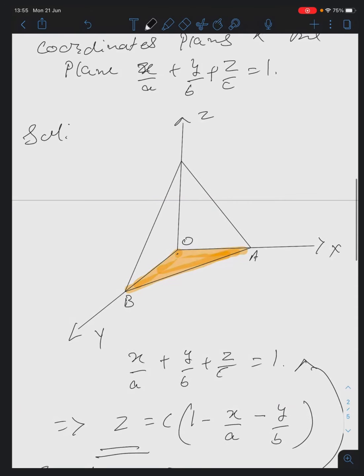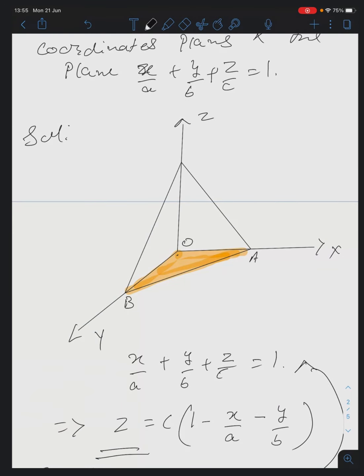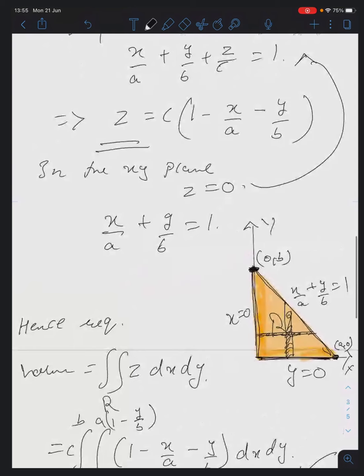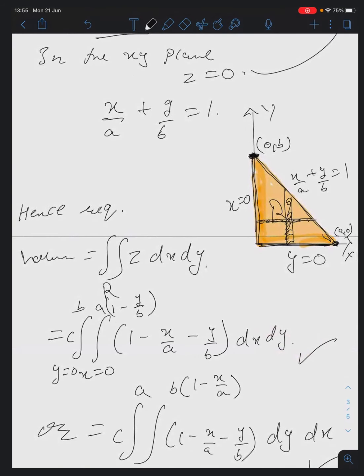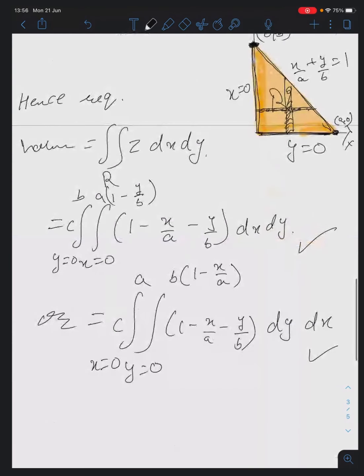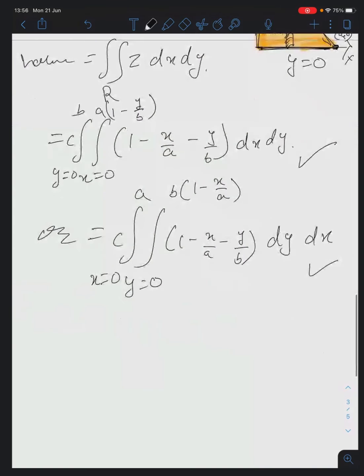This is the tetrahedron, but if you are not able to understand this part, just draw this xy plane in 2D itself. Same part I have drawn here. And it is not always necessary to draw the things. Few things you may not draw, but directly based on the given question, you write down the limits and solve the problem. So solve it and tell me the answer. Which order are you solving? Please let me know. First one or second one? First one, dx dy.